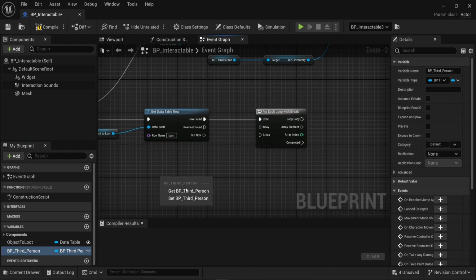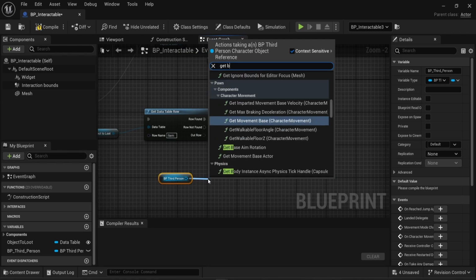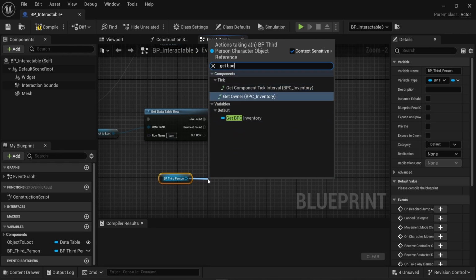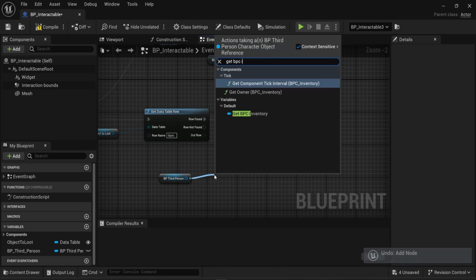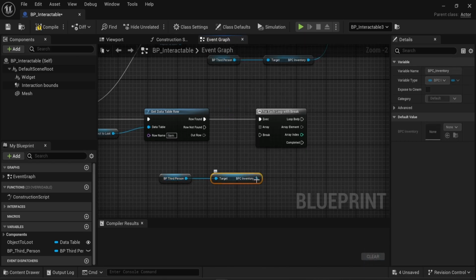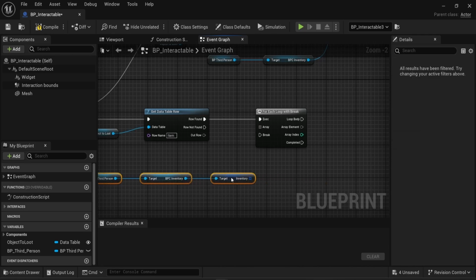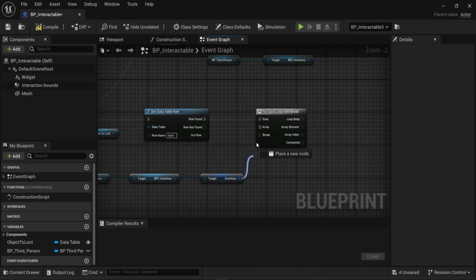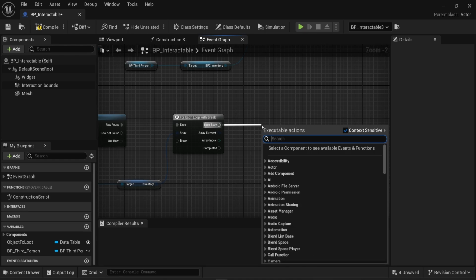So in that case, I'm going to get BP third person, look for get BPC inventory, and from there get BPC inventory, and from there get inventory. This sequence is something that you should be familiar with now because we've been doing that quite a few times. So I'm looking inside the inventory of my character, and in there, very similar to the update function, I want a branch,